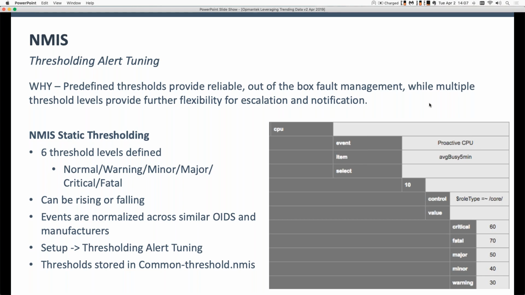NMIS has a built-in thresholding system. So for every single parameter that's being collected by NMIS, there are built-in thresholds that are predefined based on the model, manufacturer, and even the operating system of a device. So for example, in the little screen capture on the right-hand side, you'll see that the event is called a proactive CPU. We're actually looking at the OID point called average busy 5 minutes. There's a control being applied to this, so any device marked as a core device will have this set of